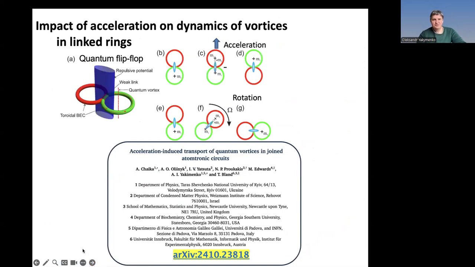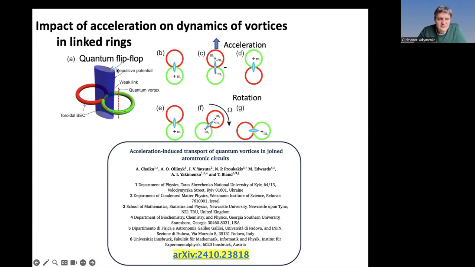Okay, so let's switch to the sensor. I plan to show you how these persistent currents can be used to make some sensors. And one of the ideas is to use what we call a quantum flip-flop. What is a flip-flop? If you have a system which can be in two stable states, it's a kind of trigger, yeah? So you trigger the system, and in this flip-flop, you have one vortex, for example, and you can use